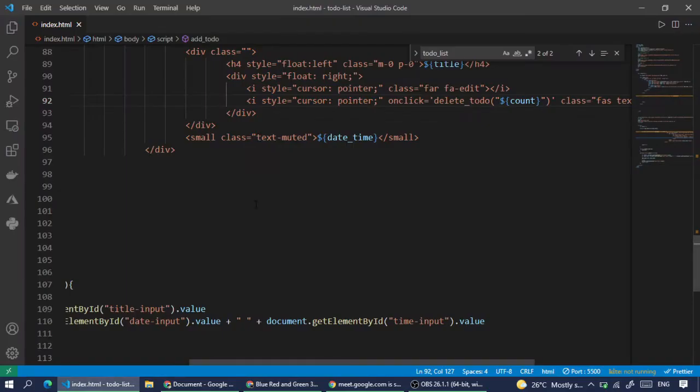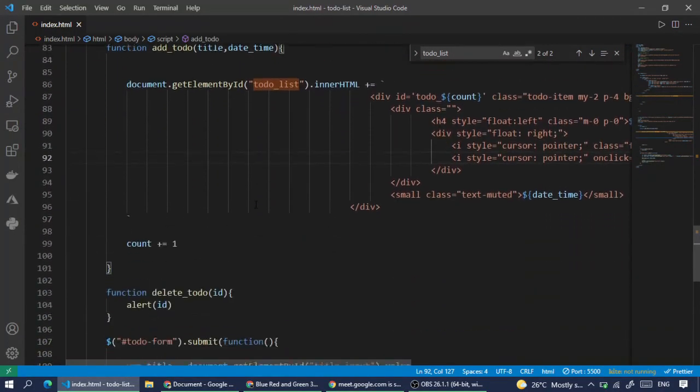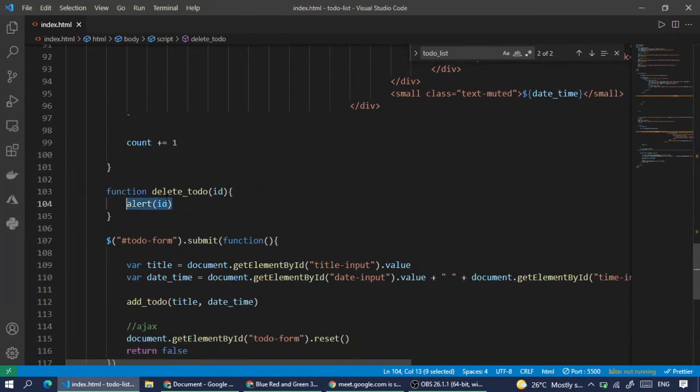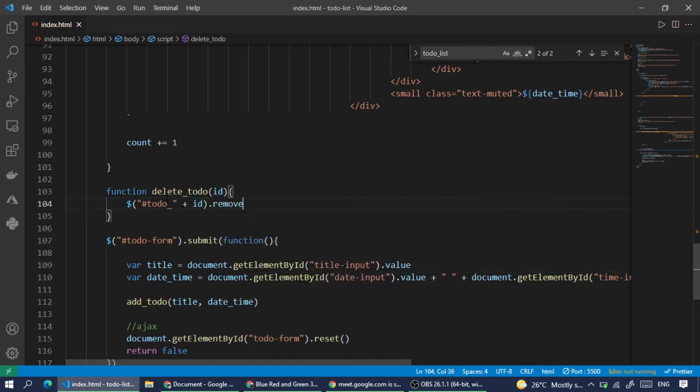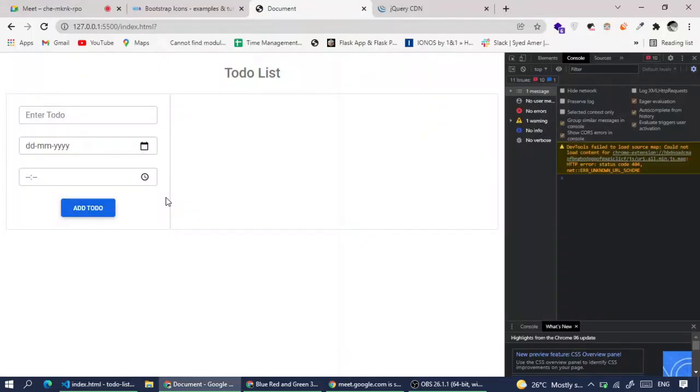And what I can do is simply using that count, I am now able to remove it. So for removing that card from the page, we can use sudo plus id. So this is like sudo underscore one dot remove. Using jQuery, we are able to remove it very easily. And I can add sudo as well as I can remove it. So it seems awesome now.